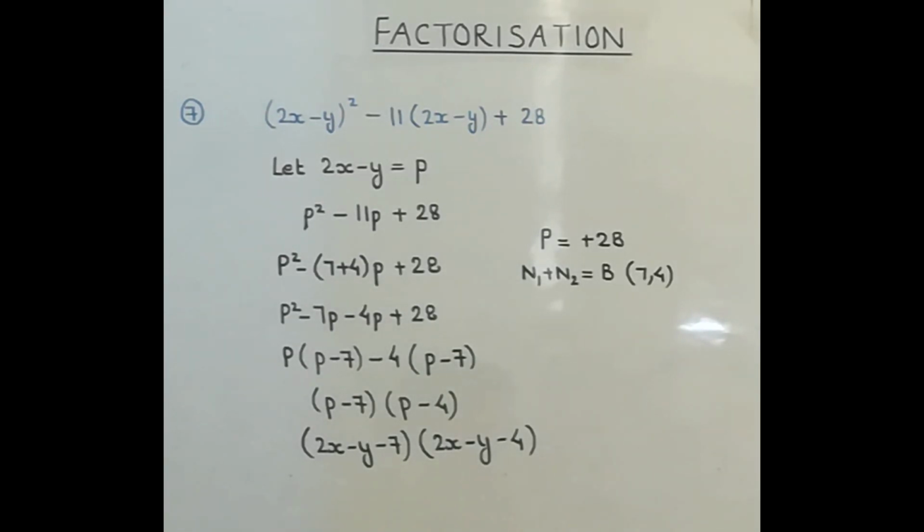So here only one step was increased and that was substitution in the starting. We did the substitution to get a trinomial. Here we got the trinomial in terms of p. Earlier we were getting the trinomial in terms of x. We got it in terms of p. And then we solved it the same procedure. So you can pause and note it down.